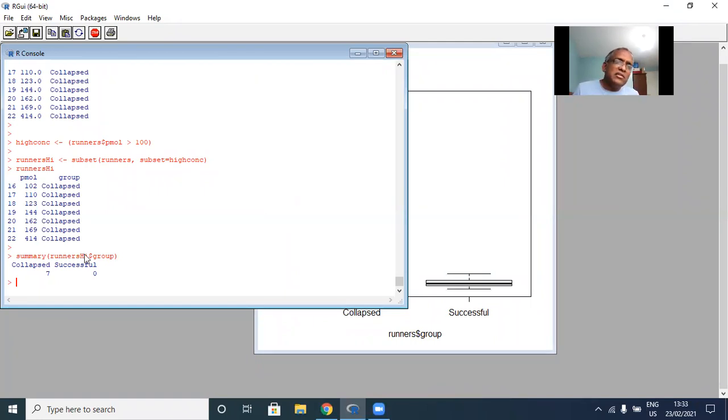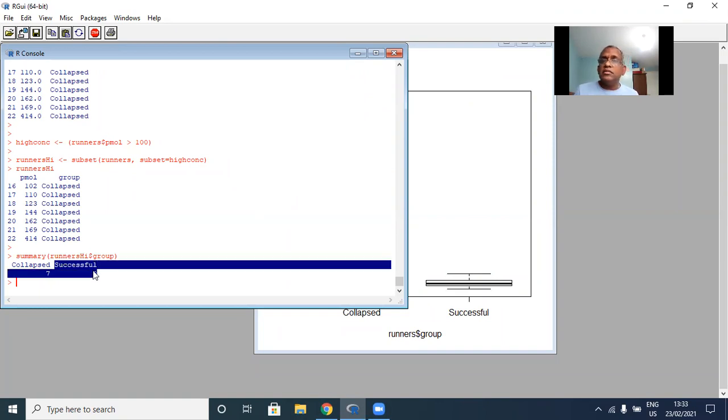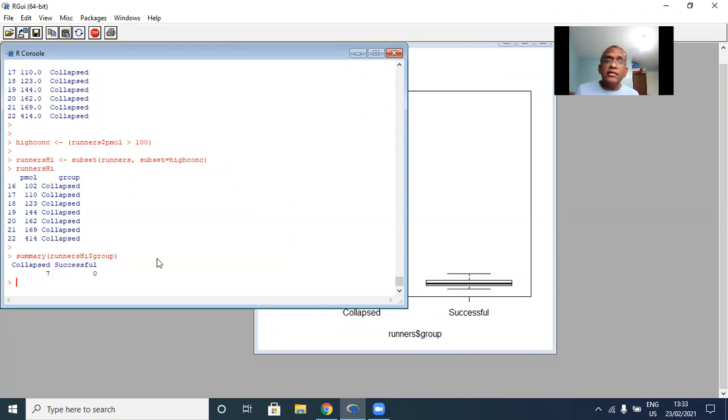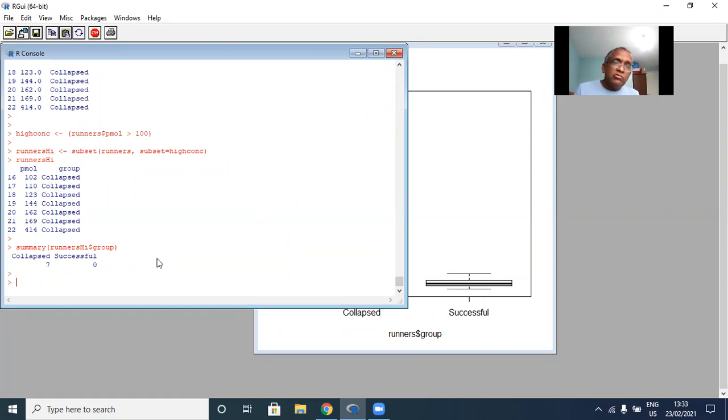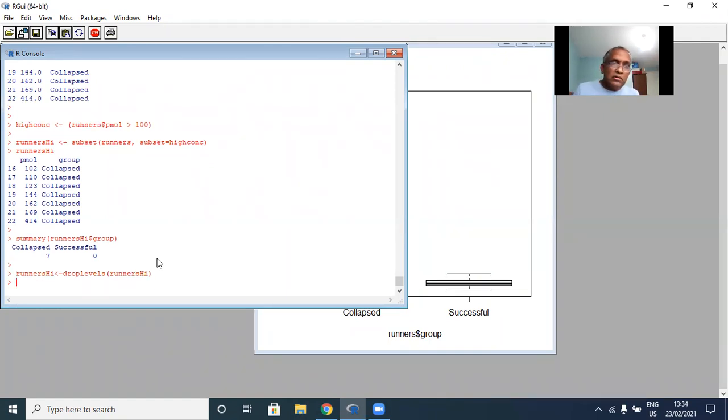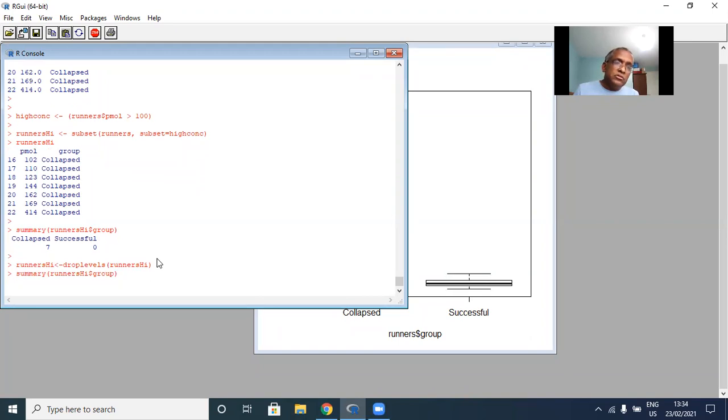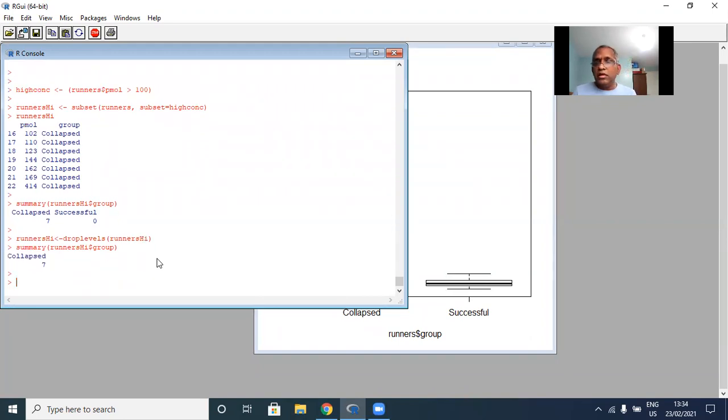Okay, so in this case, there's no point having the second group because there's nobody in the second group. So one thing you can do here is to remove the second group because there are none. There is no one there. One way to do that is to use the command drop levels. It drops the levels that have zero frequency. All right, and then if you retype the summary command, you see that,